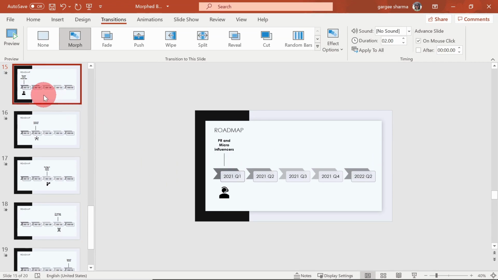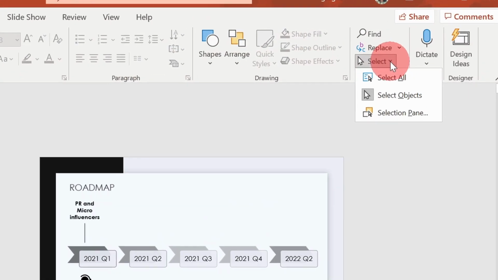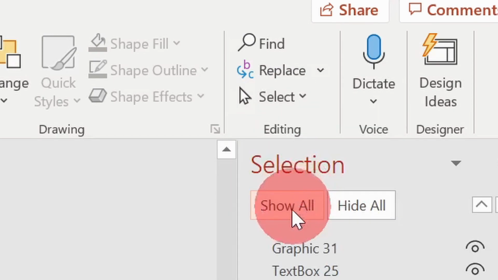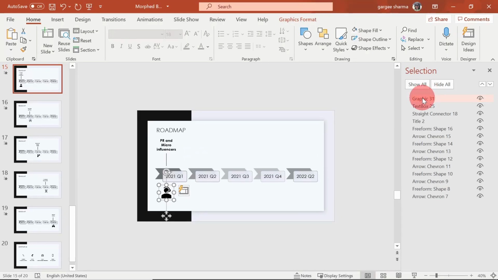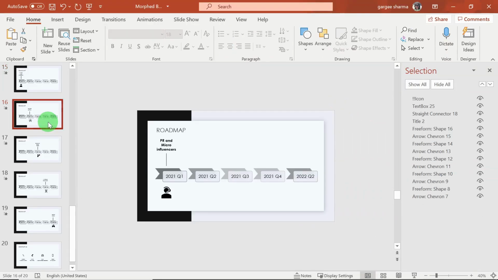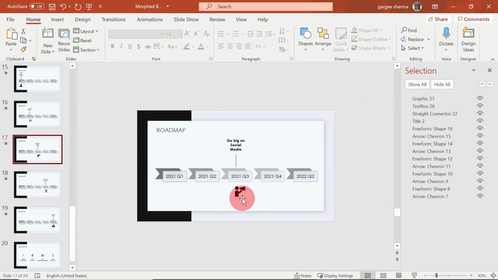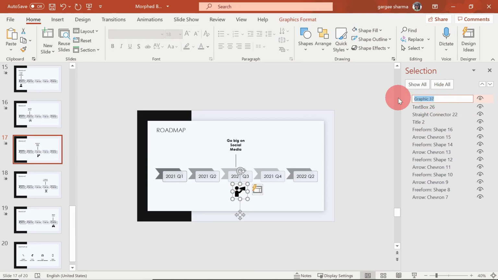To do this, go to the first slide on the left pane and click on Home. In the top nav, find a menu which says Select, click on the drop down and click Selection pane. Now select the icon and rename the icon to something, but start with 2 exclamation marks and let's say icon. You can name it anything. Now copy this name, select and Ctrl C, go to the next slide, select the second icon and rename it the same. Do this for all the icons and name them the same.